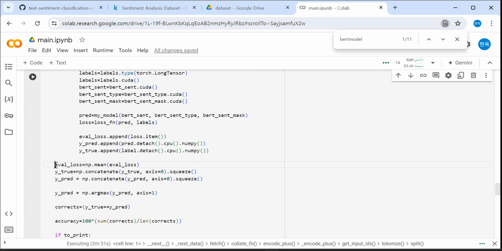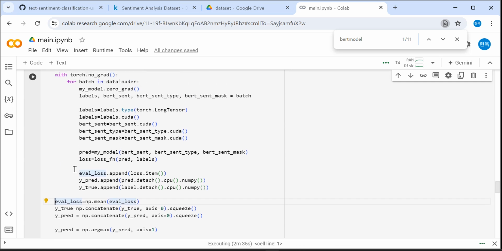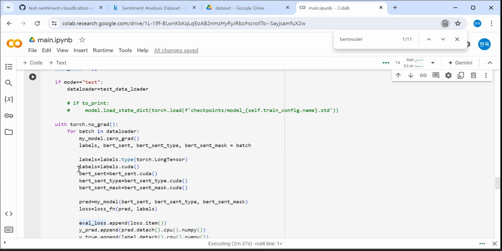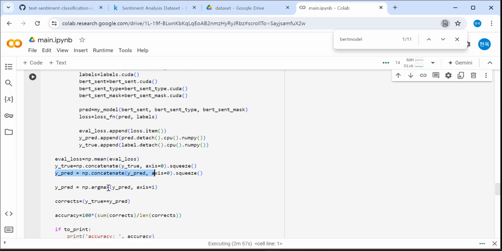So we calculate evaluation loss down here, np.mean of eval loss. So if we go up here, it's calculating the mean of all the evaluation losses, and concatenate vertically the predictions,